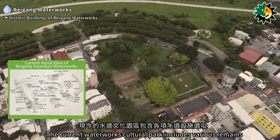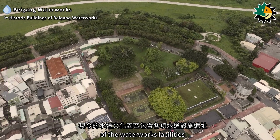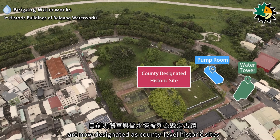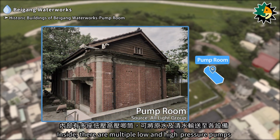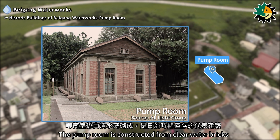The current Waterworks Cultural Park includes various remains of the Waterworks facilities. The pump room and water storage tower are now designated as county-level historic sites. The pump room is a key part of the Beigang Waterworks purification process. Inside, there are multiple low and high-pressure pumps that can transport both raw and clean water to various facilities. The pump room is constructed from clear water bricks and is one of the few remaining representative buildings from the